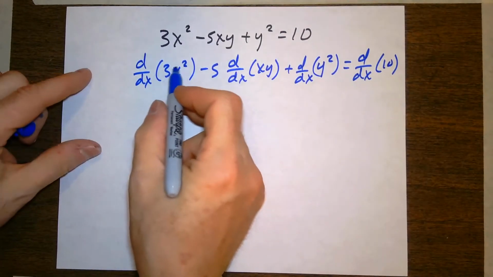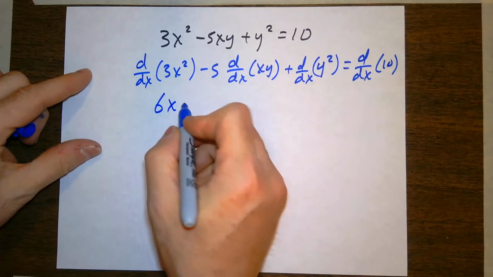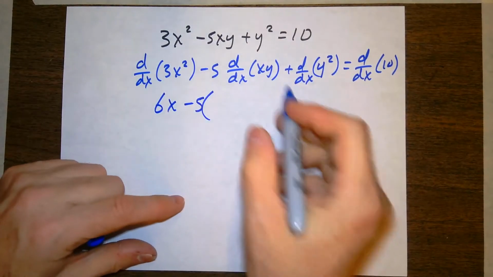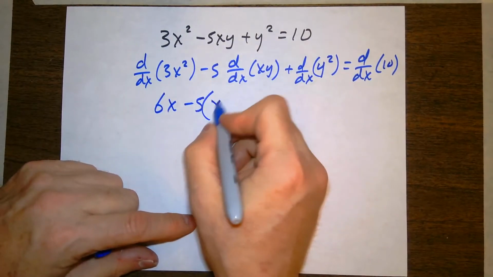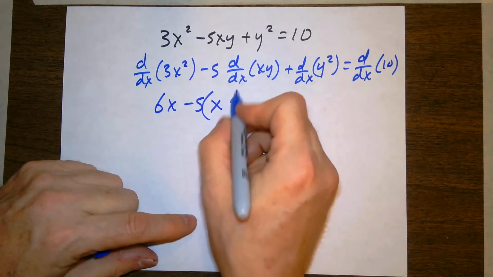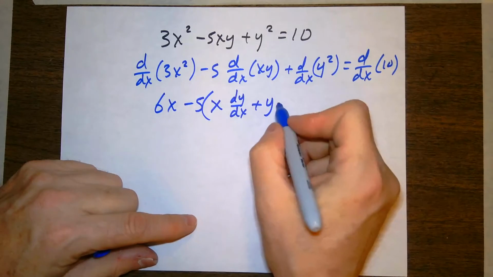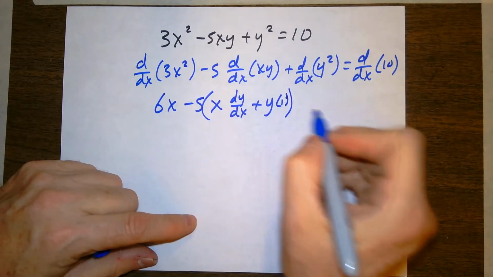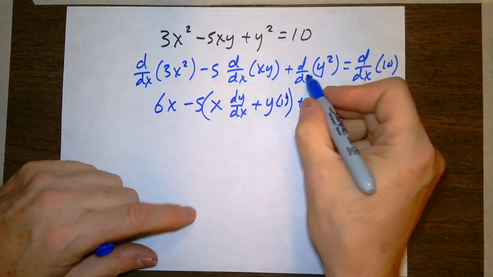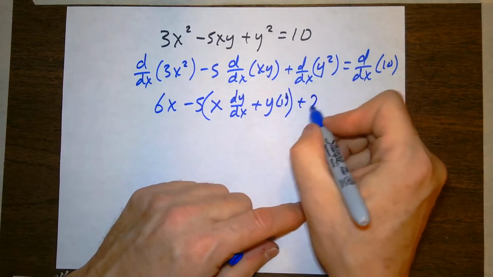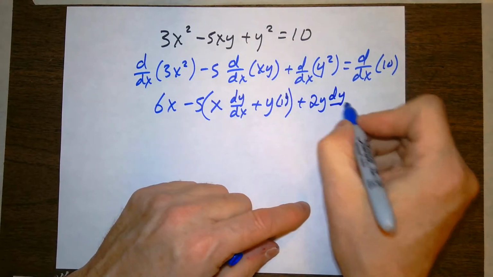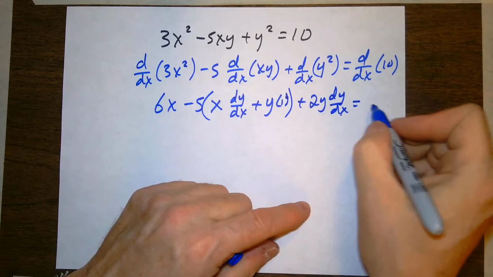So this one's pretty easy to do. 2 times 3, 6x, minus 5 times, here comes my product rule, the first times the derivative of the second, dy/dx, plus the second, y, times the derivative of the first, 1. Plus the derivative of y squared is going to be 2y dy/dx equals, and the derivative of a constant